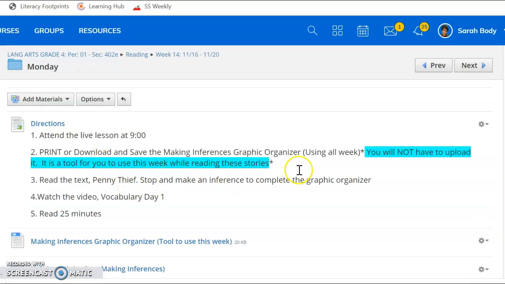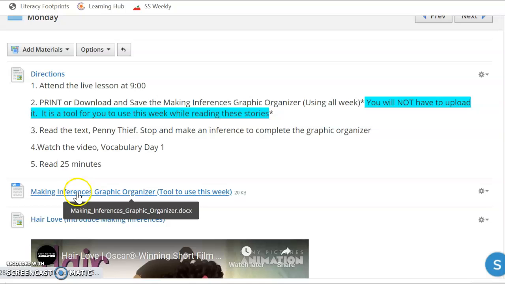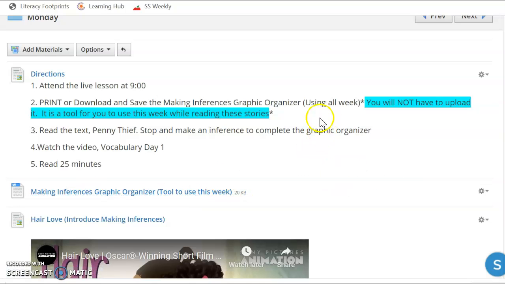If we open this folder on Monday, this looks like a lot. Please do not get overwhelmed. The first thing you want to do is either print or download this graphic organizer right here. We are going to use that throughout the week. You will not have to upload it, as you can see here in the directions. This is just a tool that you will be using as we practice making inferences in the different texts we